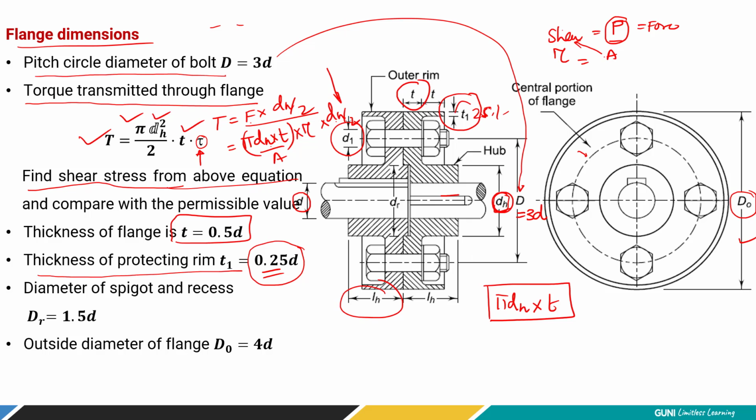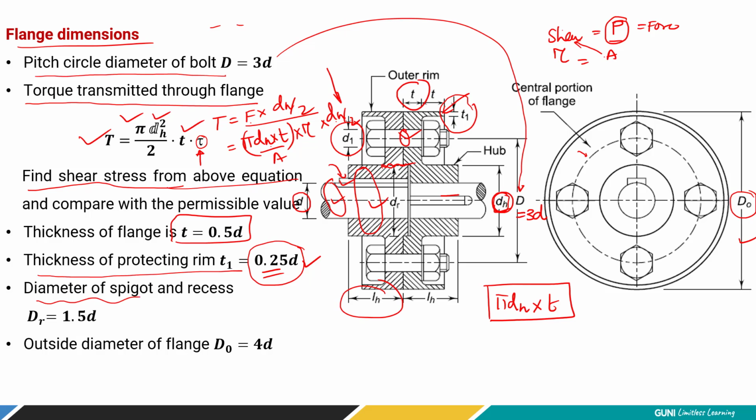We don't have to verify these dimensions because there are no stresses or load acting on this rim. The load is acting on this area. It is acting on the bolt diameter. It is acting while transmitting, considering the hub as a hollow shaft. Torque is also transmitted through the shaft diameter. It is also passing through the key dimensions, right? So we have to verify shaft diameter, hub diameter, key dimensions, flange thickness, and the bolt diameter. These are the main dimensions that we have to verify. But compared to that, this thickness dimension of rim T1 is not taking part in design. Simply we have to adopt it from this equation, right?